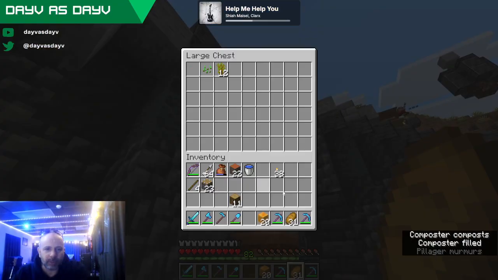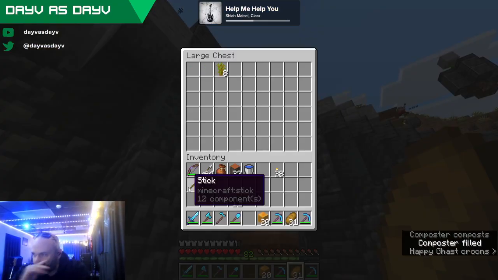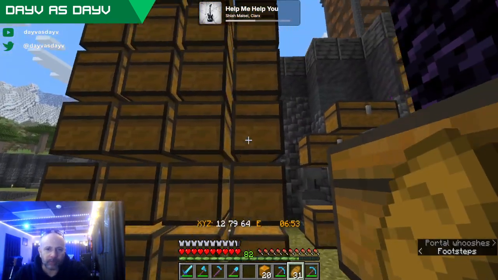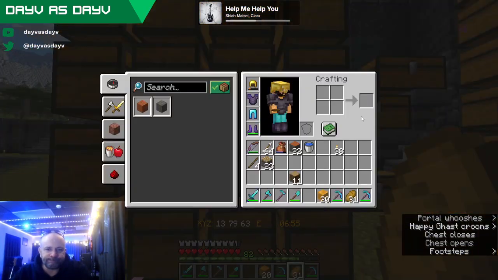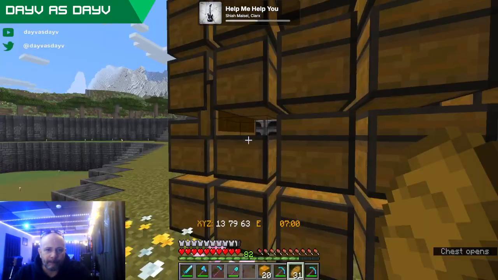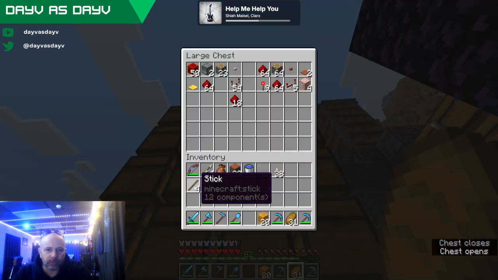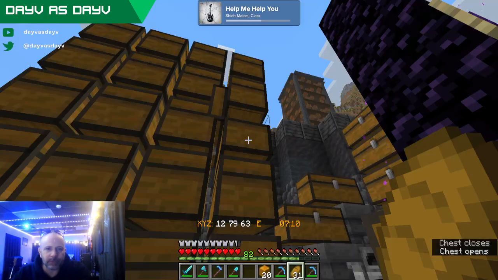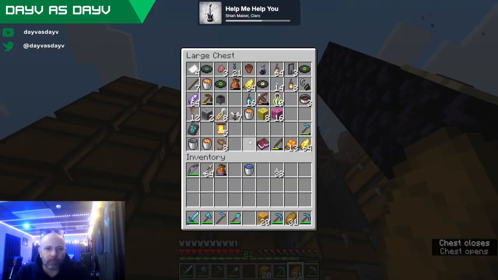Same thing with that. Why not? Plenty of poppies being made down there in the poppy farm. I mean, Iron Golem farm. Throw those in there, our redstone, sticks and wood and honey blocks. We're just going to throw them up top for now. Should be all right.